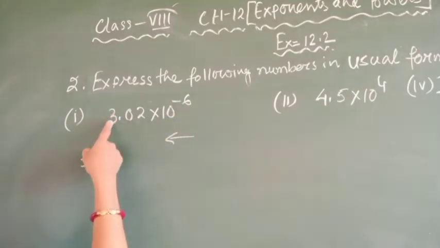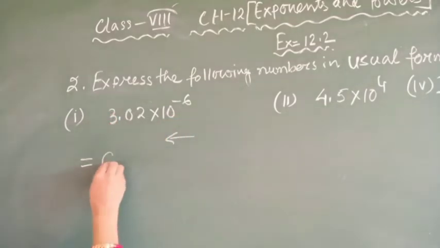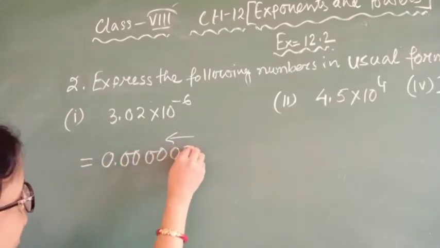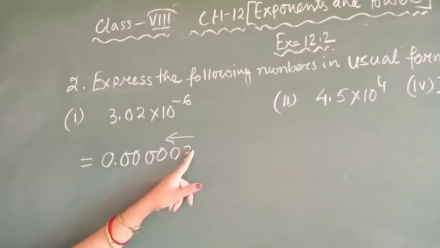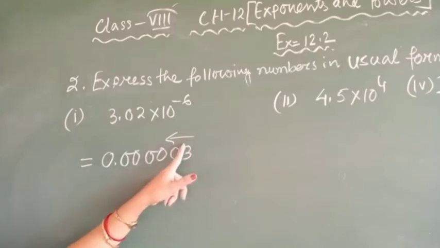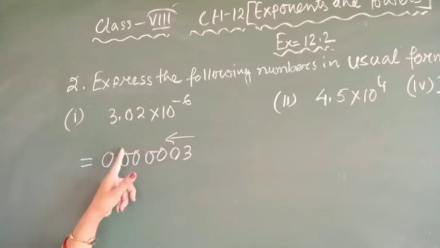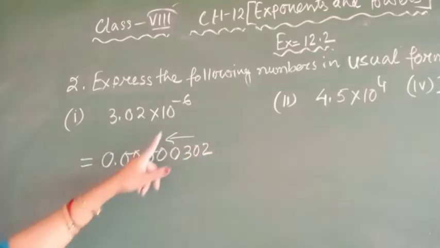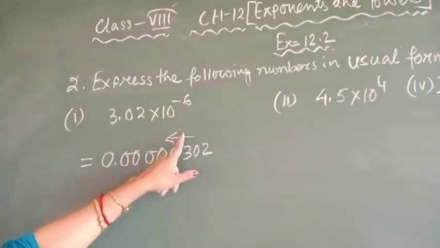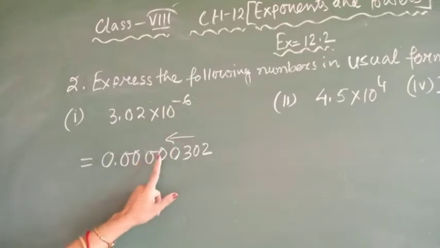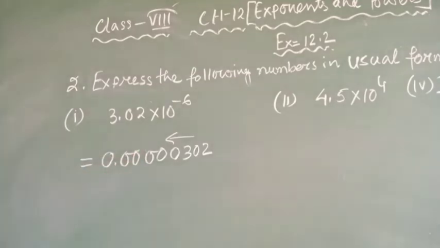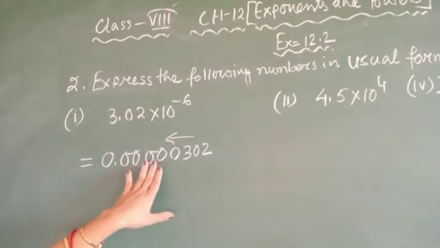So what I have to do, one digit I have got here. So 0.1, 2, 3, 4, 5, then 3. Can you see 10 to the power 3? The point is moving 1, 2, 3, 4, 5, 6. That is why 10 to the power minus 6. Then 3, 0, 2. This is the usual form. As the minus sign is here, if you want to express the sum in a long way, we can write it in this way also, but it will be easy for you students to follow this way.